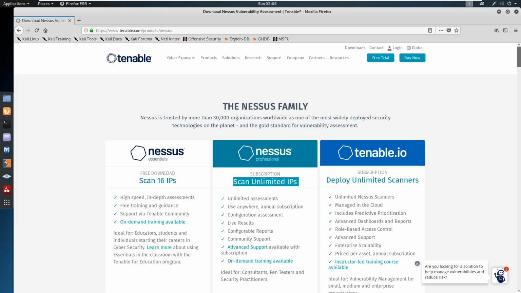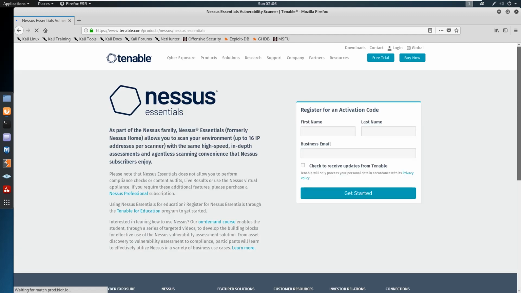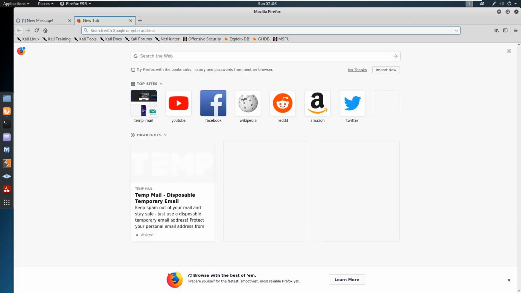When you're working as a penetration tester, in that case, you can go with the professional version. For learning purposes, the Nessus Essentials version is enough. So let me choose Nessus Essentials. And here we'll be asked to register for getting the activation code, for which you need to use your business email ID. So instead of using my official email ID, I can get a temporary email ID from this website,